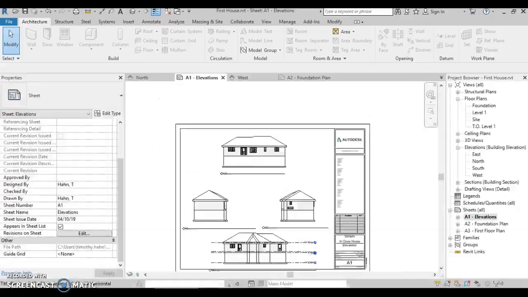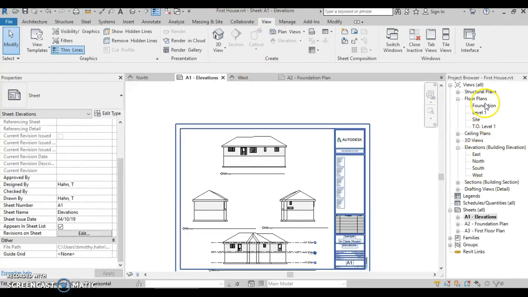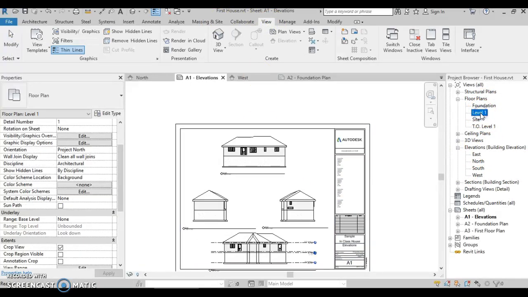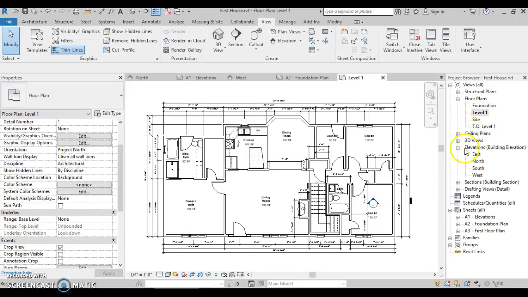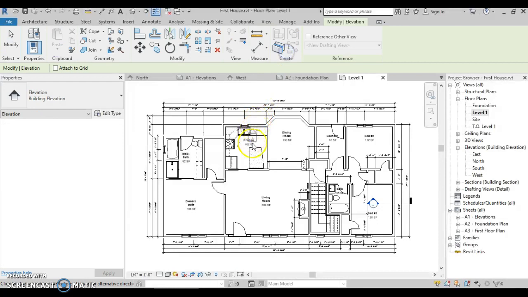So we're going to go into Revit, and I'm going to go into View up at the top, and I'm going to go on to Level 1 floor plan. So when I'm on a view and I want to make an elevation, I am going to go to Elevation, and you'll notice what's happening here. It's got this little arrow going around on it, and this is the elevation view of the cabinets this way,